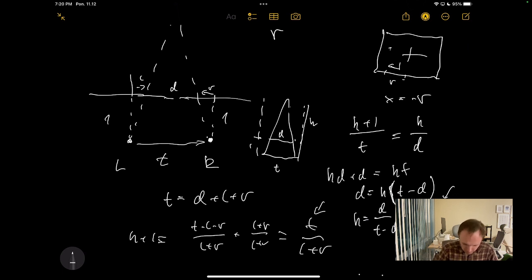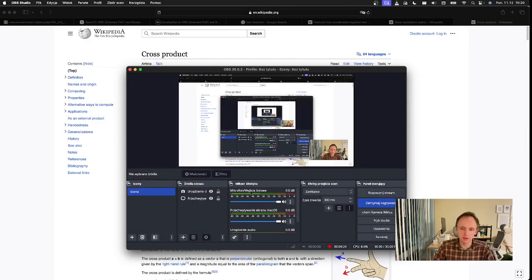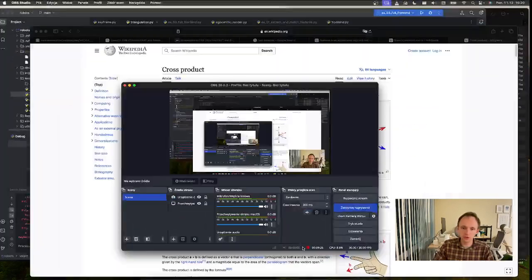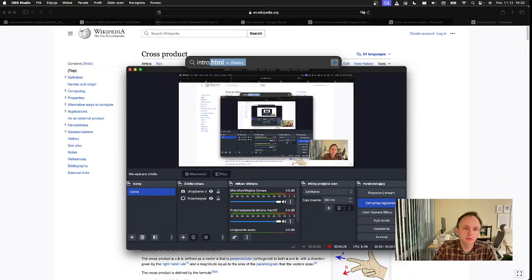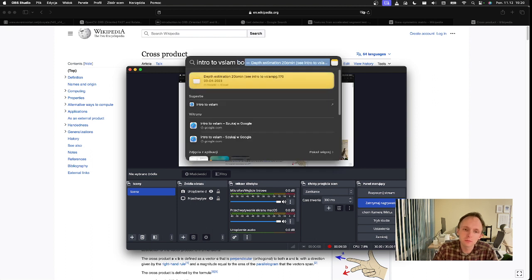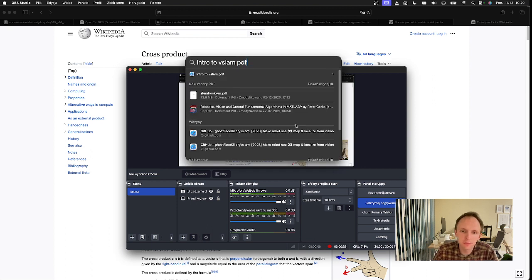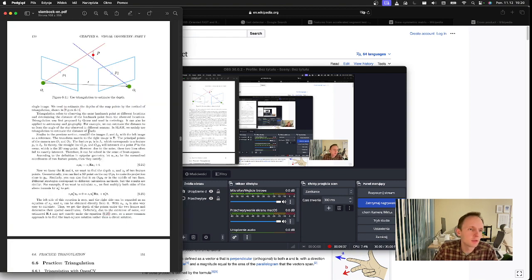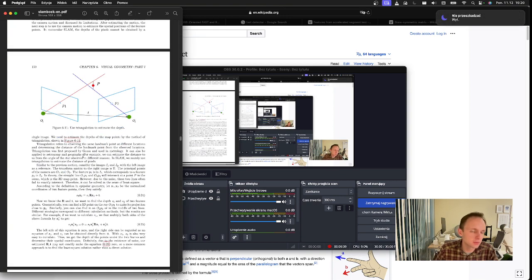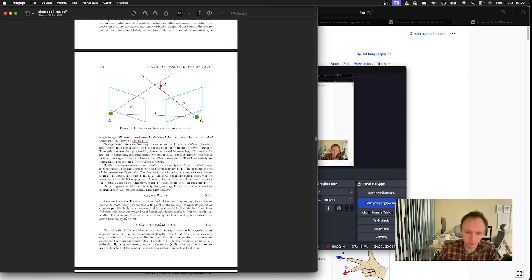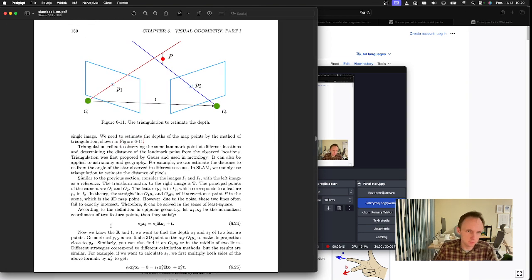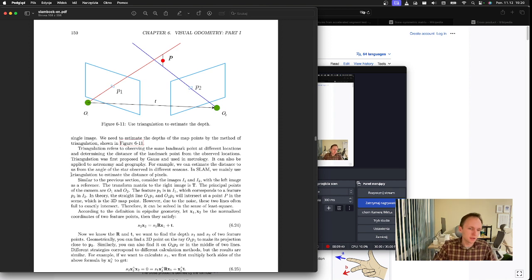But I didn't know that, so I did something slightly more complicated. What I did is the following. Where is my intro to VSLAM book? PDF, this thing. Yes, 6.5, right? So here they have a bunch of equations, and let's just walk through these equations together. So basically they say